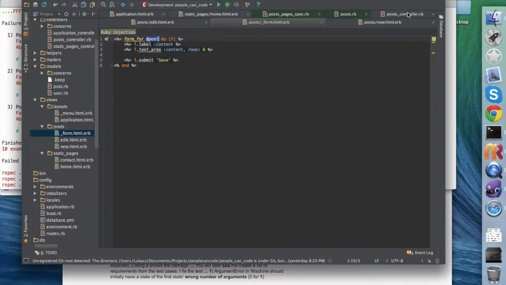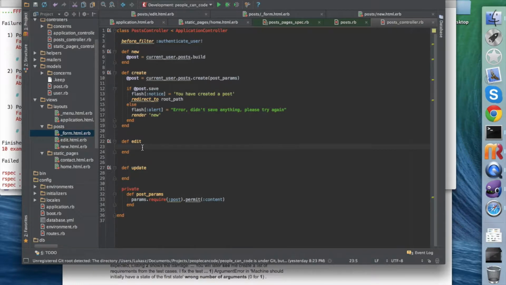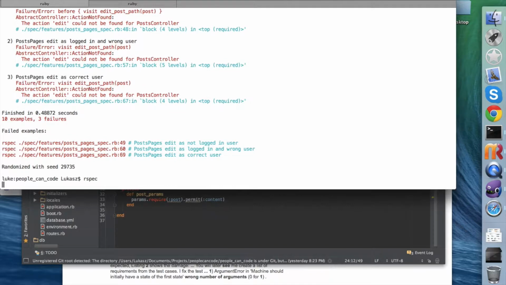Okay, the other thing is in our form we require this post variable, and we haven't defined it in the controller yet. So let's go ahead and do it. Here we're going to do it a little differently because in new we build a new instance. Here we already have an existing one, and we also pass the ID when we go into the link to the edit post path. So here we can find it by using the ID that we pass inside the link. So I can say post find params ID. And that's it. For edit, that's absolutely enough. And when we run the spec,